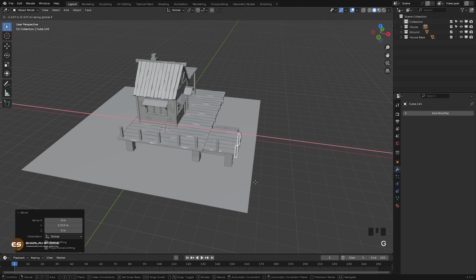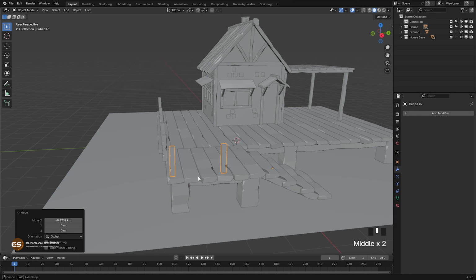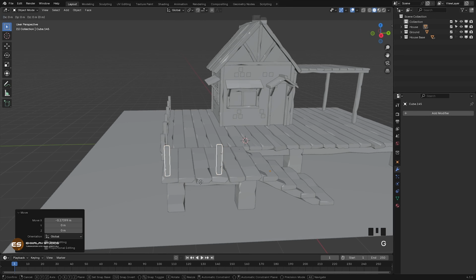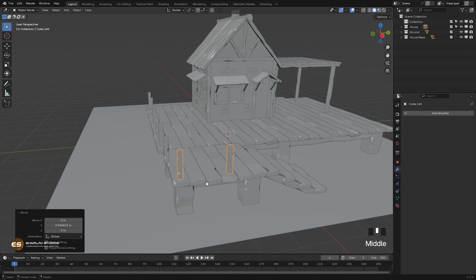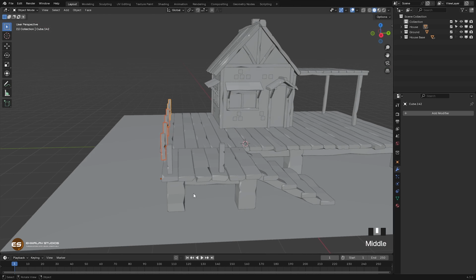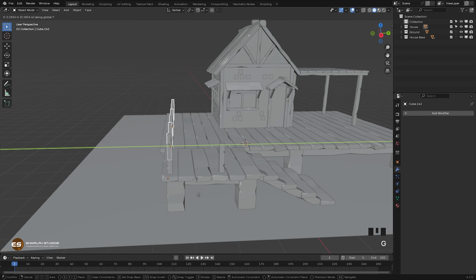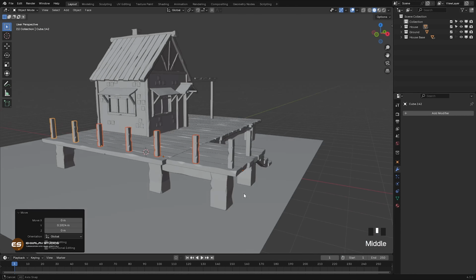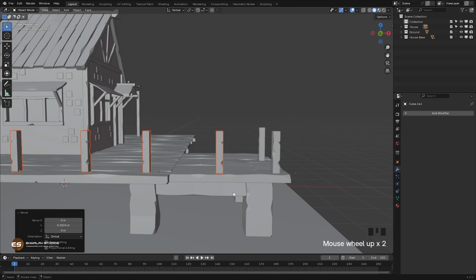Let's move all of them a little bit in to make them straight. So G, Y, move these a little bit like this, and let's select these, and G, Y. Okay, that should be fine if they are on the ground. Yep,